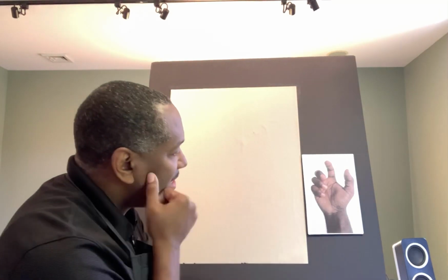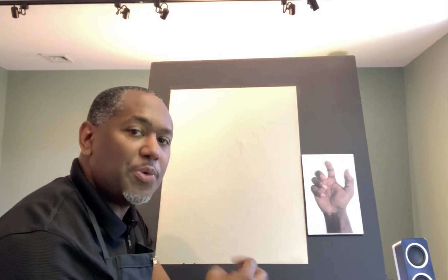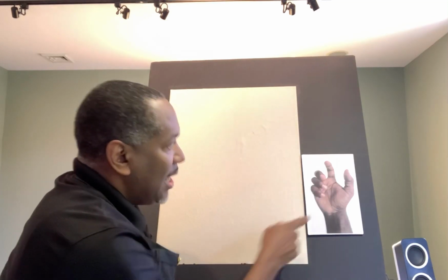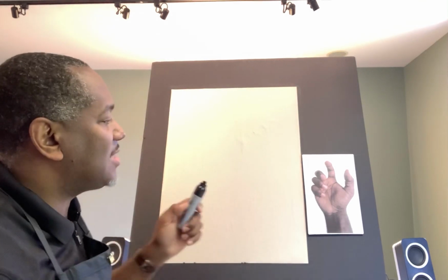So when I see this hand, one of the first things I try to do is to simplify it. Because what a lot of people do is they get caught up with all the intricacies of the hand and say, oh my goodness, I have all these creases and all these shadows to deal with and all these different angles in which to deal with. Yes, you do have a lot of complex elements that are embedded within the drawing of the hand, but there's a way in which we can approach it to simplify what is there to make this a little bit easier for us to grasp. So using the concept of the gestalt,